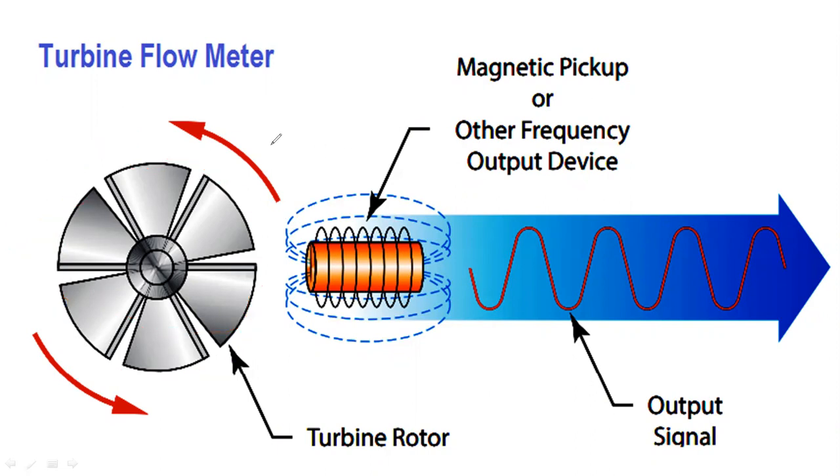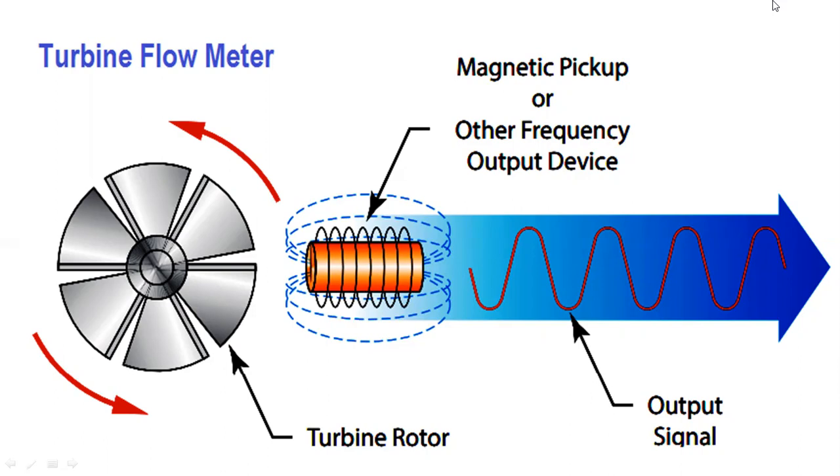Whenever we apply the flow on the pipe, whenever the lever is open on that pipe, the fluid is flowing. The turbine flow meter is placed in the middle of the pipe. In the turbine flow meter, a rotor is placed with turbine blades connected to it, called turbine vanes. Whenever the fluid touches those vanes, the rotor vanes automatically rotate, and the turbine also rotates.